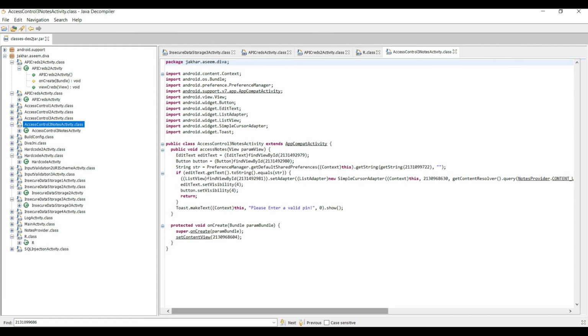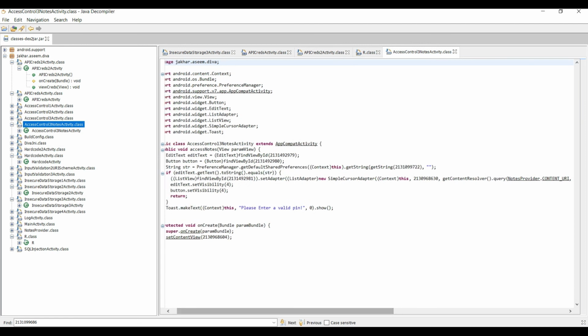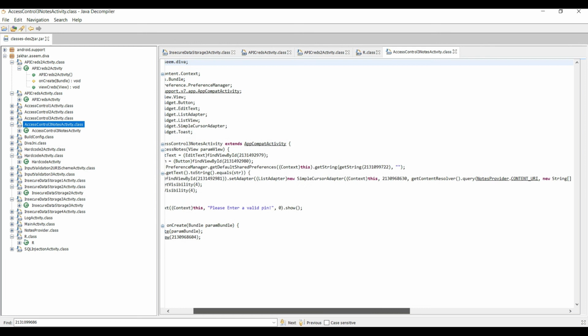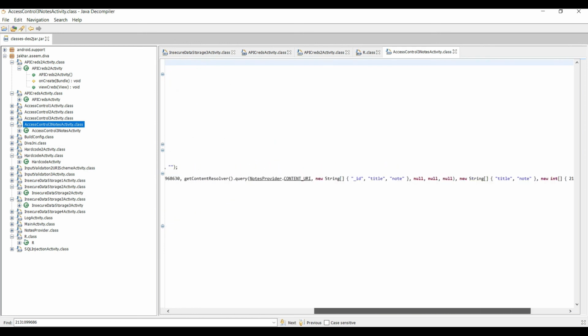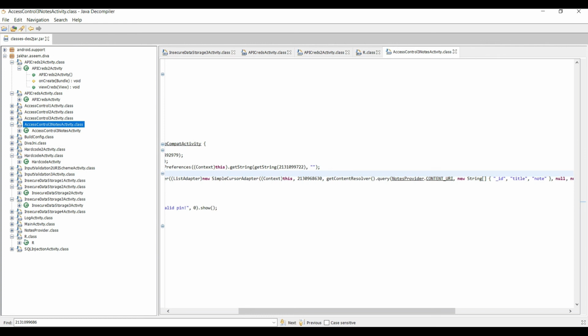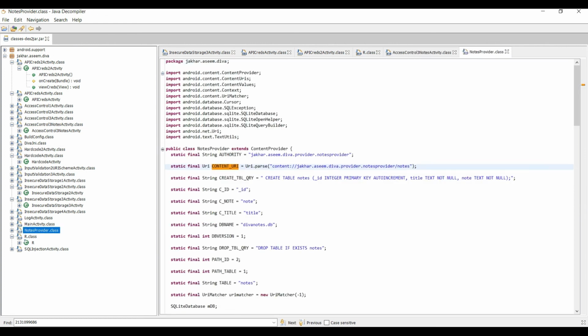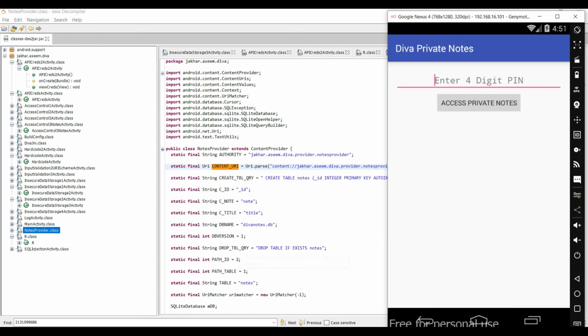Yeah, you can see from the source code, after getting the string they are asking string equals upload, they are getting into the adapter, and from here they are using these things, notes provider, and they are using the content provider, right? Notes provider or content URI. So let's press this thing. Inside that they have given the URI dot parse, which means from this they are getting the content, like the string which we saw.